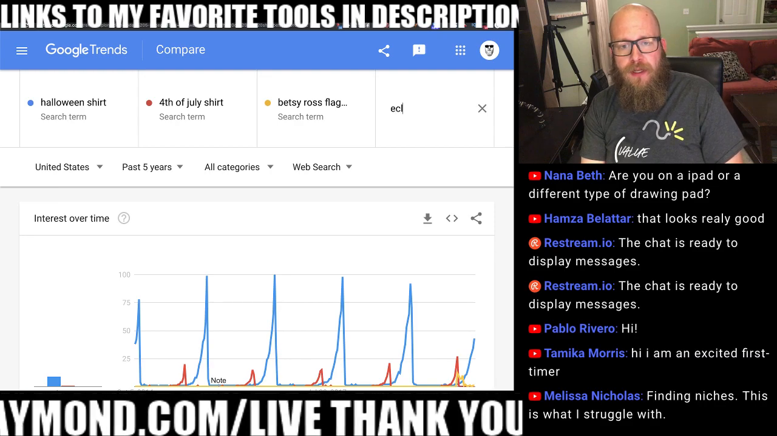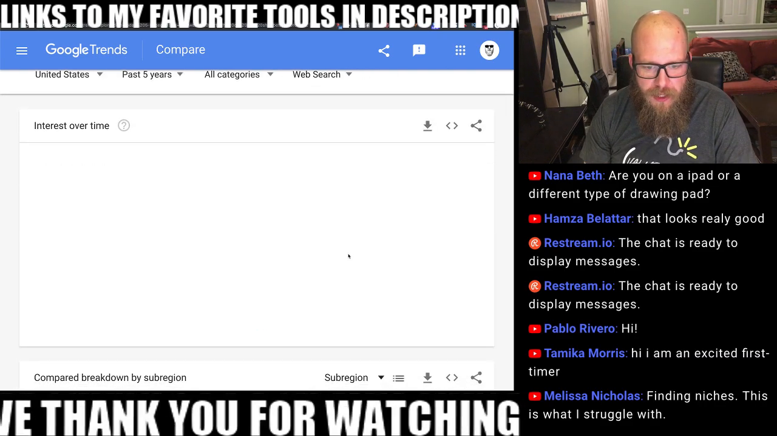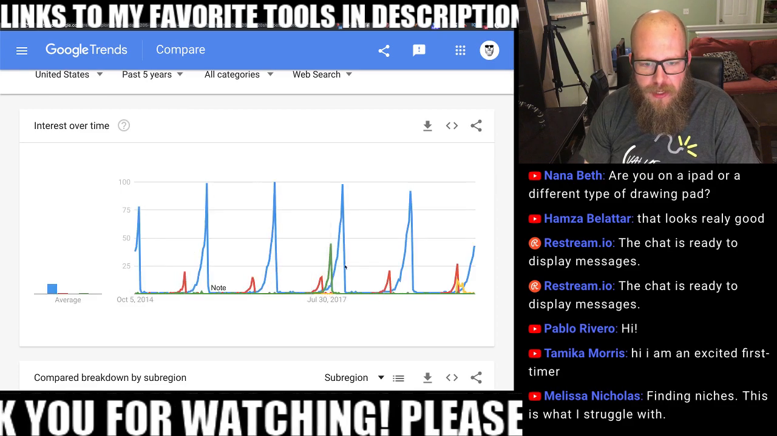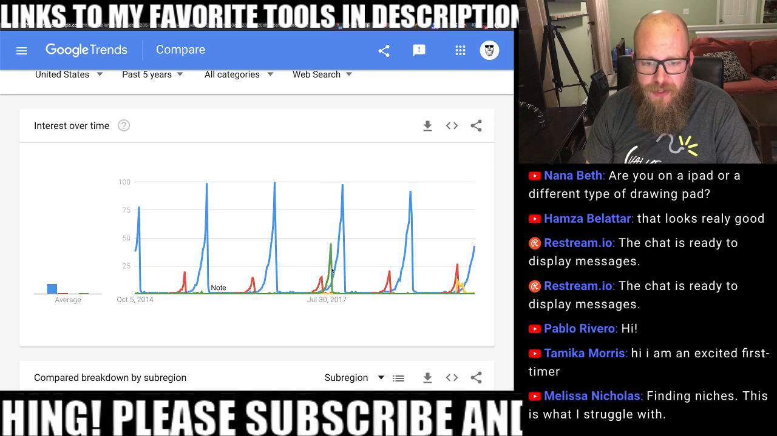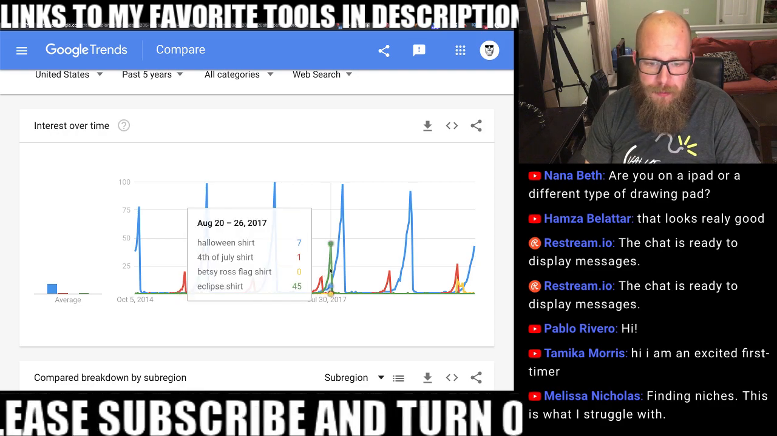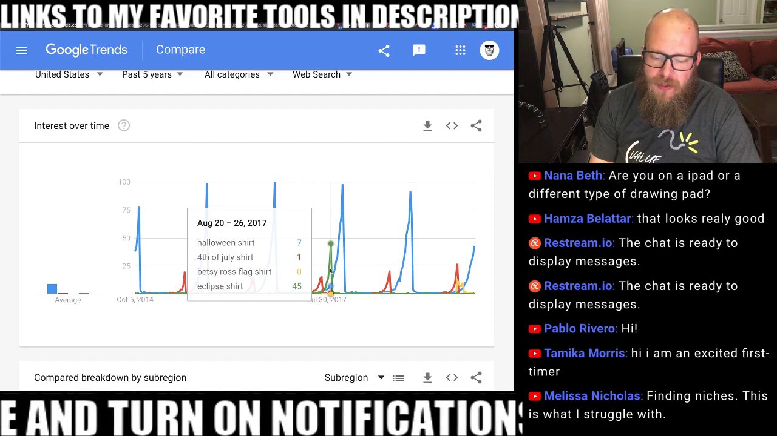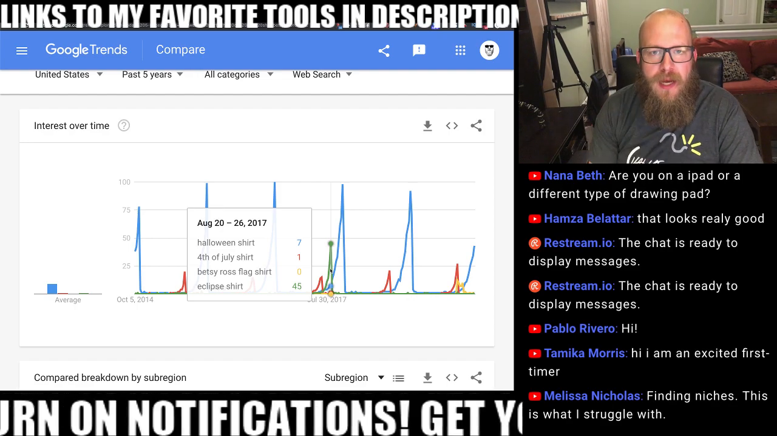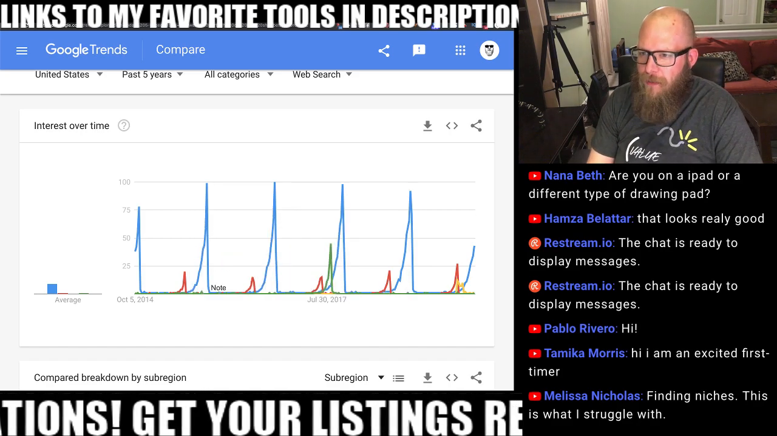If you look at Eclipse shirt, what you'll see is this spike over the last couple of years in 2017. Look at that. It outdid 4th of July shirts, and there were some people that made a major killing when that trend occurred in 2017. So keeping an eye out for news events and things that are becoming a cultural phenomenon, things that are really kind of going crazy,